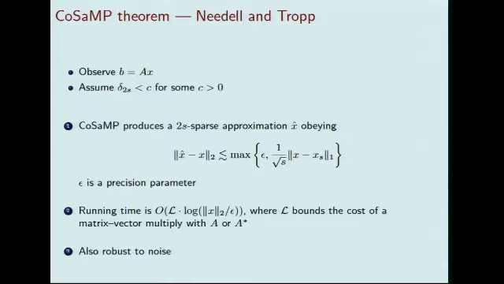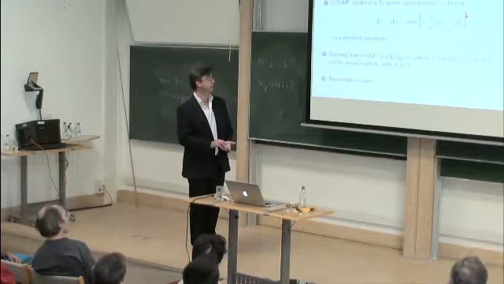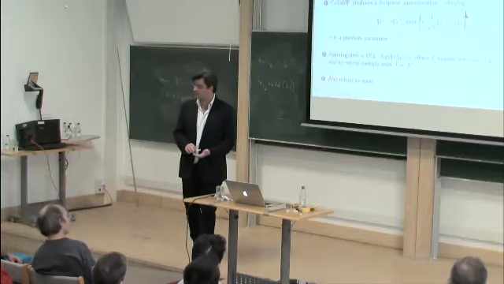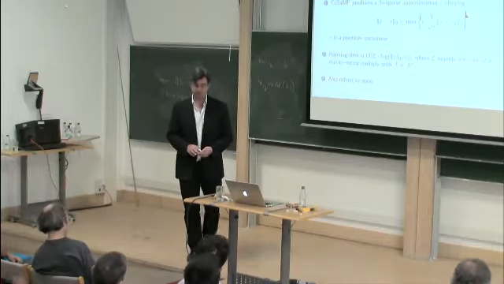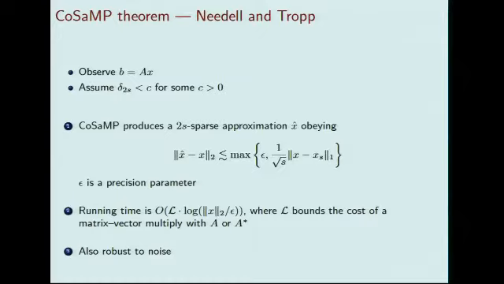Okay, so the runtime is going to be order L, where L is the complexity of applying A or A star, so it's NM if you have a Gaussian random matrix, but it's N log N if A is Fourier, times the log of the 2 norm of x divided by the precision epsilon, and that's the runtime. And they can also show that this is robust to noise. So it's a very, very nice result that says that you can get similar results, not by convex optimization, but by other types of sensing algorithms. Here, via a sophisticated greedy algorithm that gives you the same error bound.